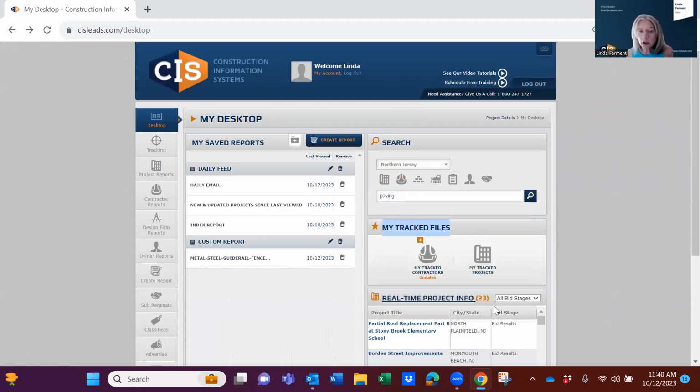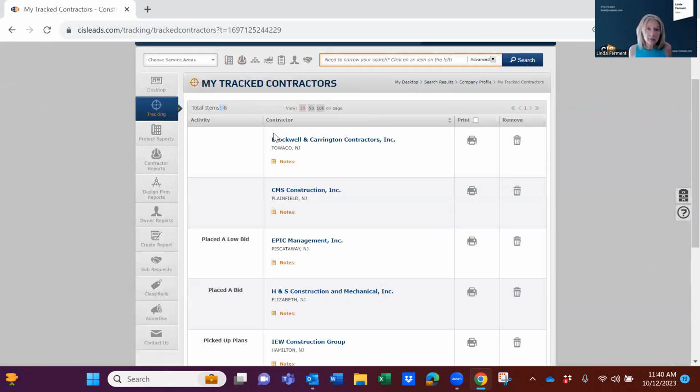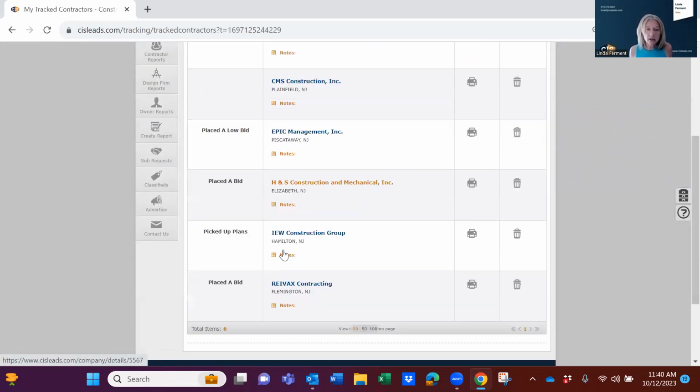My track folder, again, I was tracking 6 companies: Brockwell, CMS, Epic, H&S, IEW, and Rebax. So Epic was low bid since I last looked. That's what this is telling me. H&S placed a bid, but he wasn't low, and IEW picked up plans. So if I go to Epic Management,